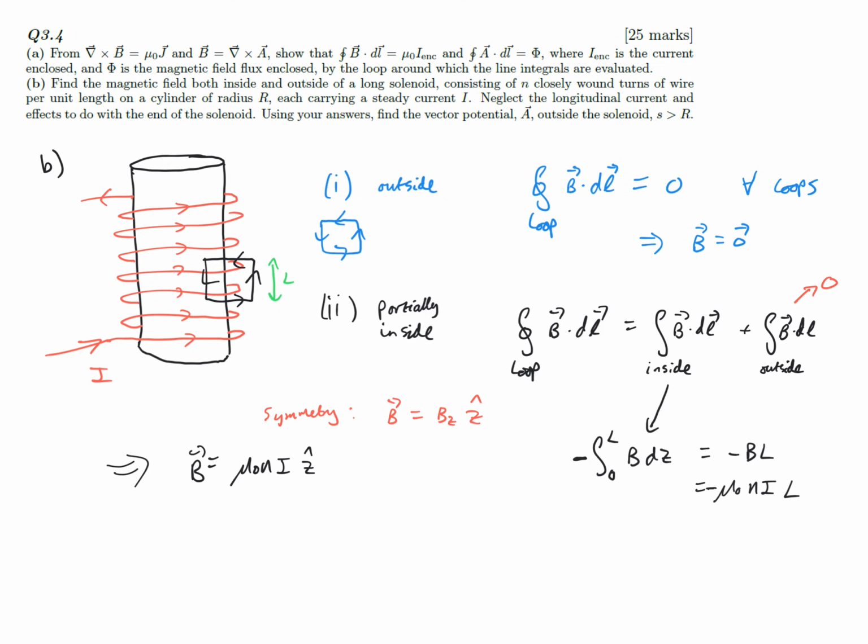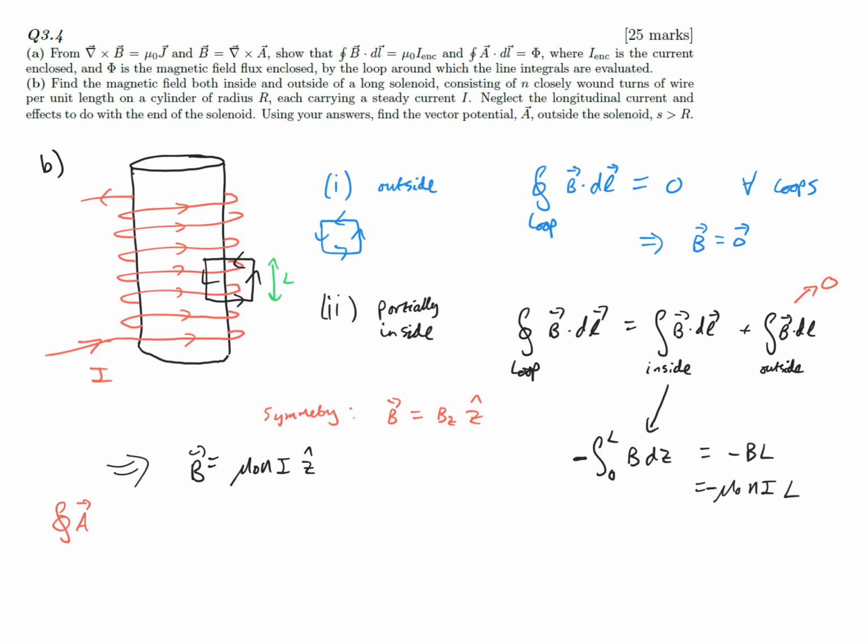What about the last part of the question? It says, using your answers, find the vector potential A outside the solenoid, s greater than R. So this is the new bit. How are we going to do this? Well, nicely, we have a result for the vector potential in terms of the magnetic field flux. And we've just worked out the magnetic field. So we can use this result